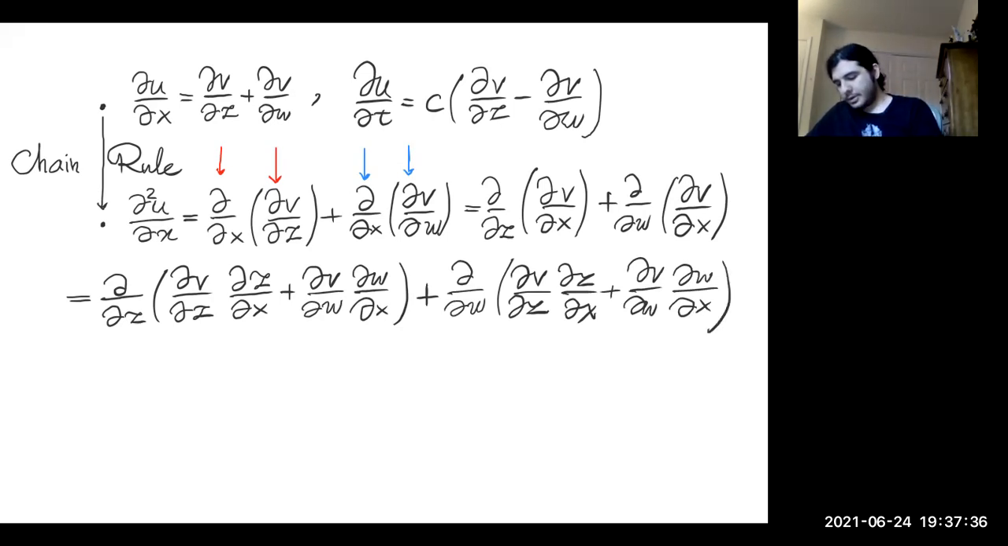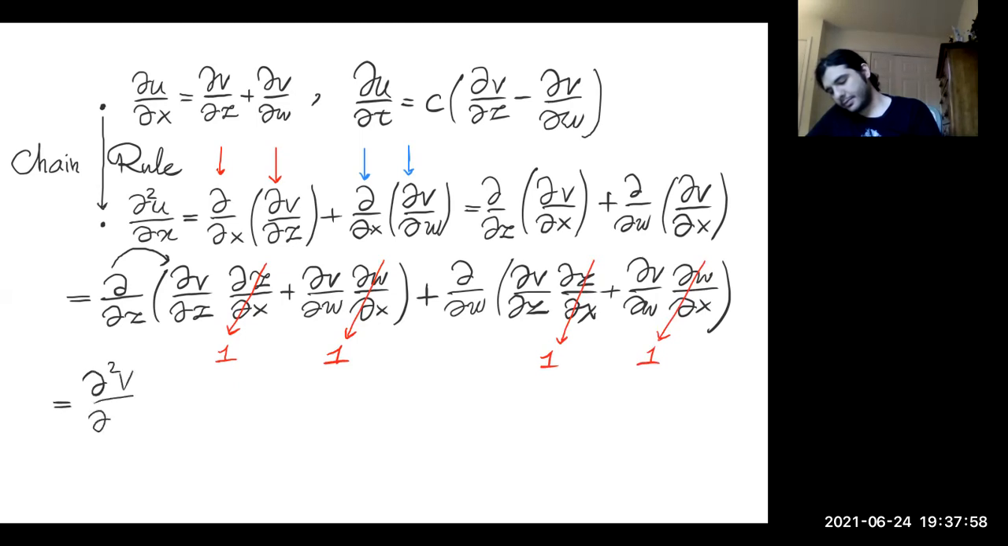So derivative of z with respect to x was 1. Derivative of w with respect to x was 1. So I would just write 1 here and 1 here. So if we apply now derivative with respect to z to this thing, we get second derivative of v with respect to z